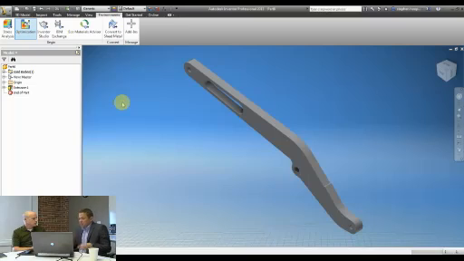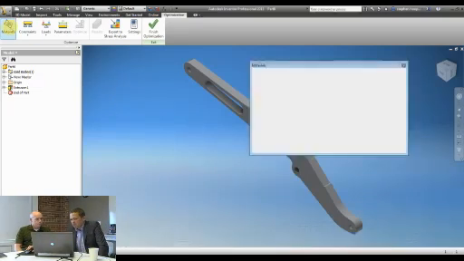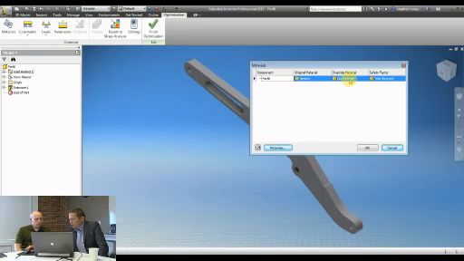Yeah, I mean, firstly, there's an awful lot that's crammed into Inventor anyway in terms of being able to optimize a design. But what we wanted to focus on here with you this morning was the ability to use the power of the cloud to really amp up what you can do from a simulation point of view. So with this particular linkage, we want to figure out exactly what the optimal size for the linkage is to withstand the forces that we're going to apply to it. So we're going to use cloud-based optimization.